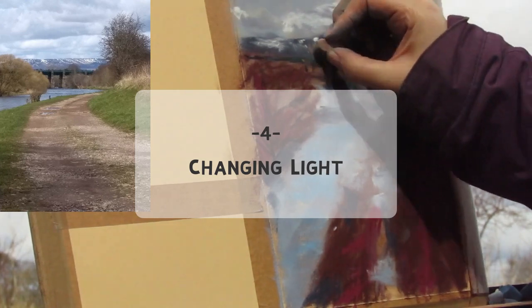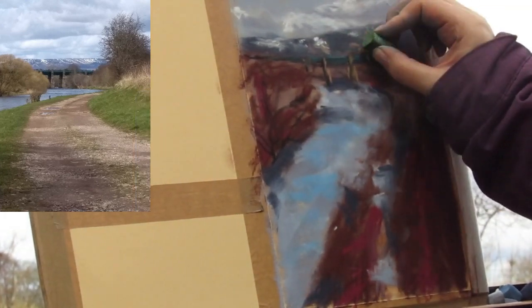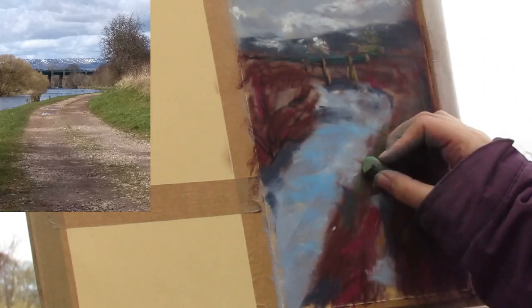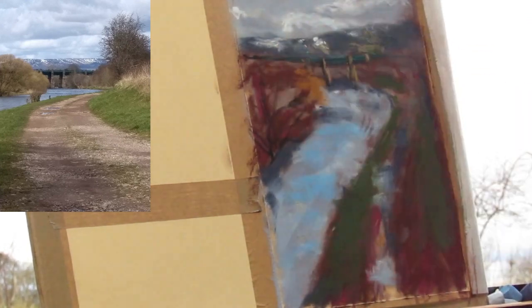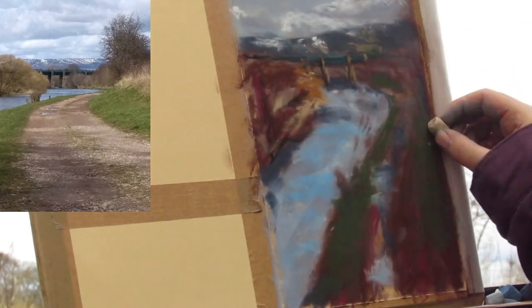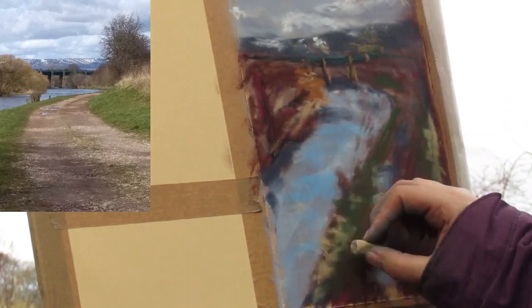Four, changing light. If you're outside for any length of time, particularly in Scotland, you'll notice that the conditions change a lot, sometimes gradually and subtly, and other times, like on a sunny, cloudy day where the sun is sometimes out and sometimes in the cloud,